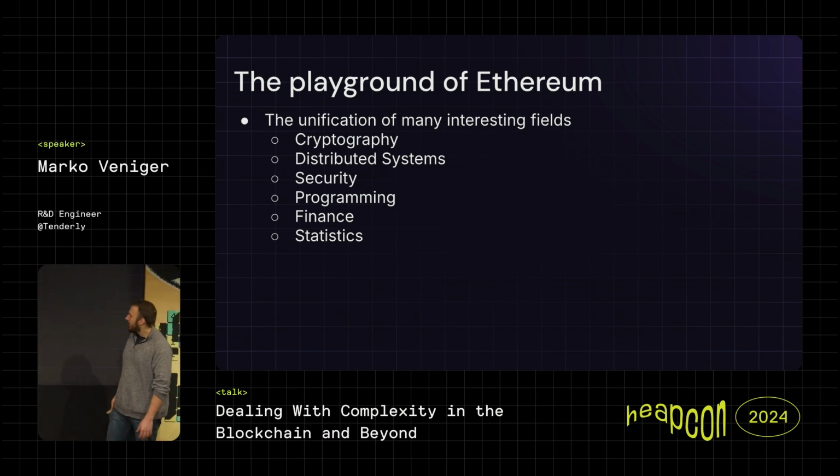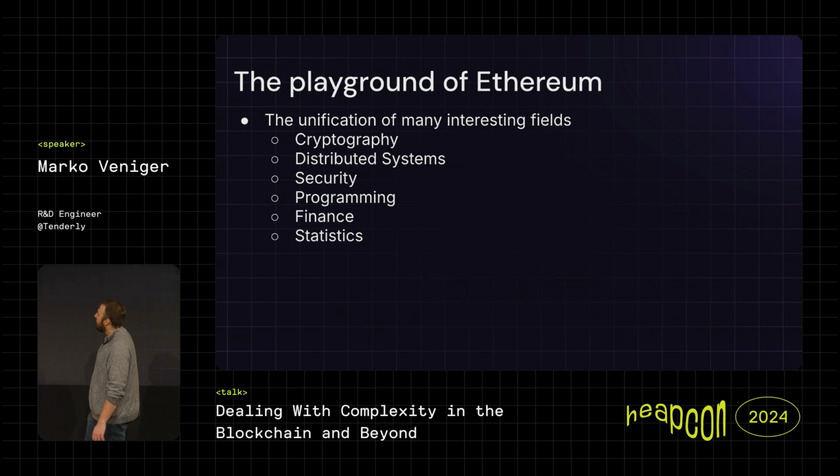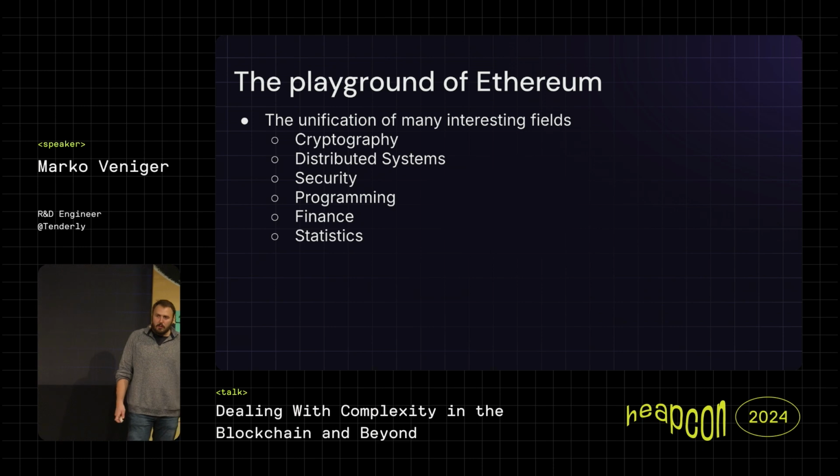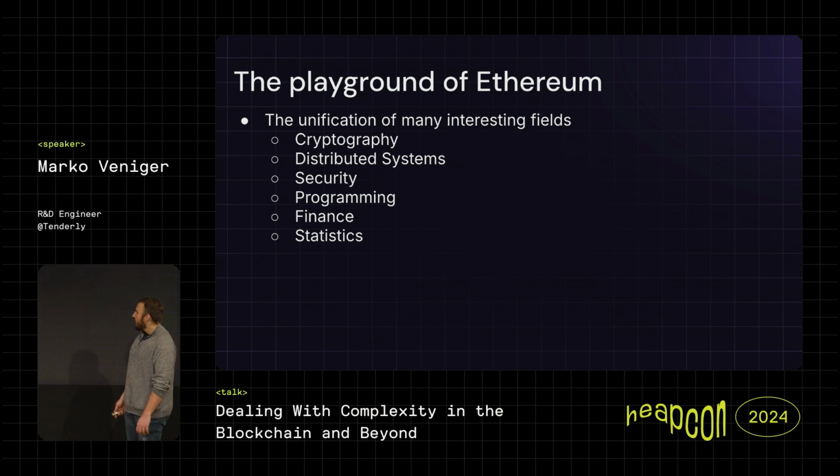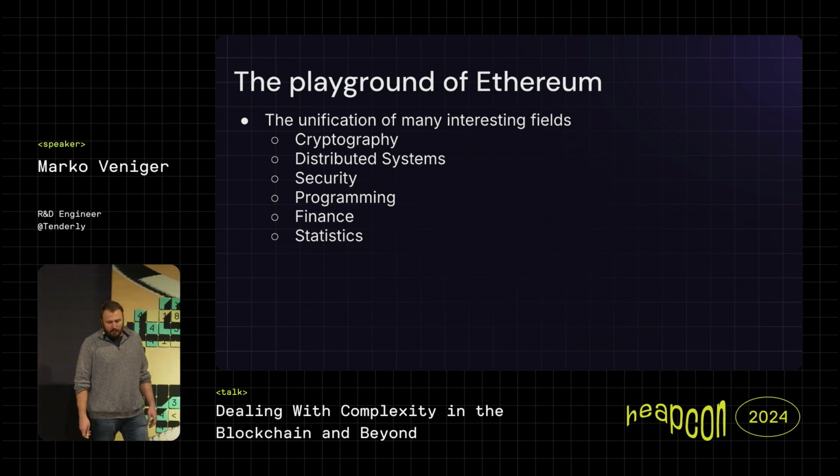And here you have a list of the usual stuff. Cryptography as the base of every blockchain. Of course, the distributed systems. You have to keep the ledgers distributed. Security, everything has to be secure and fraud-proof or tamper-proof or whatever. Of course, you have programming, which is basically covering all of these as an underlying, let's say, field. But yeah, you can access many different things, you can reach many different people, you can reach many different problems and try to solve them.